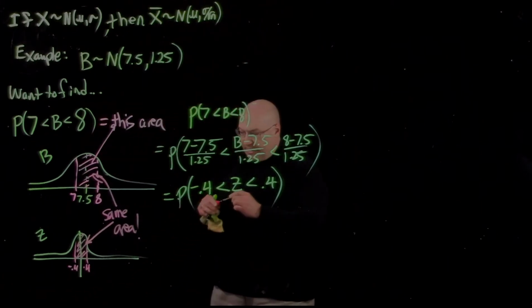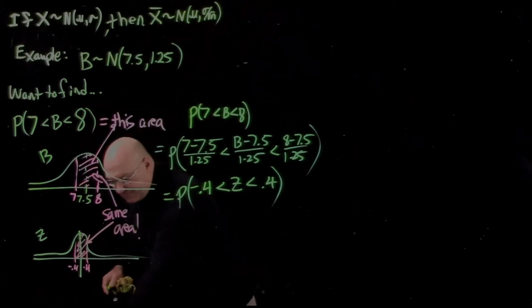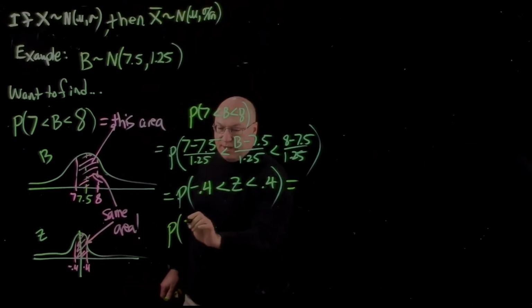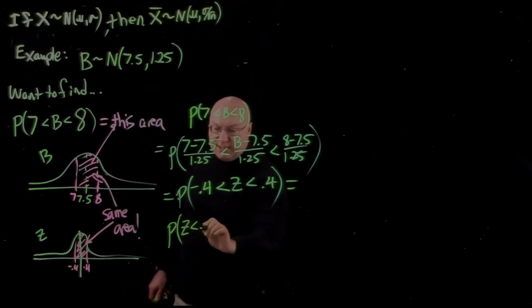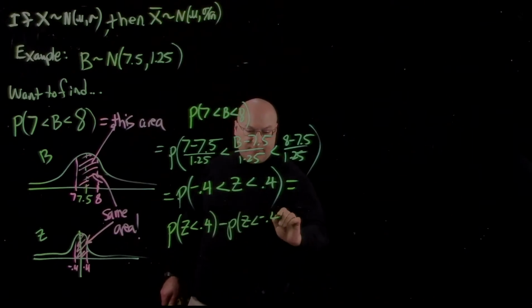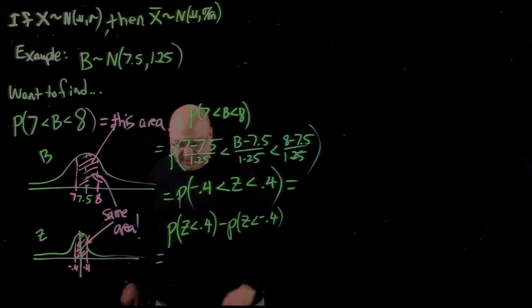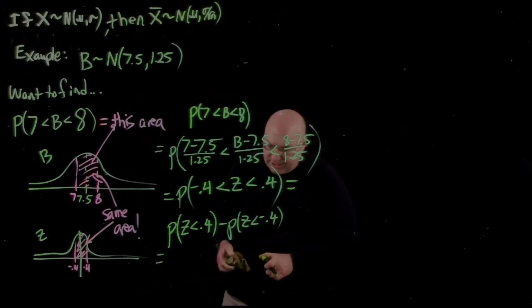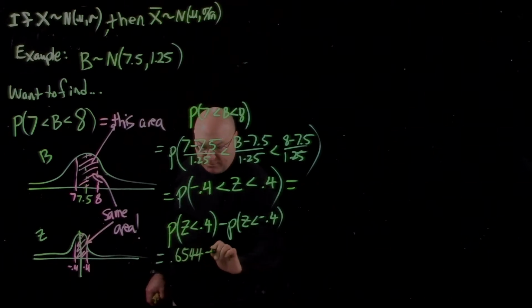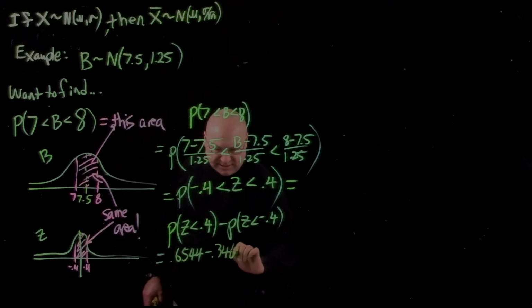That's the same area. That's what we want. And that is the probability of z: z less than 0.4 minus the probability that z is less than negative 0.4. And we look all that stuff up, and you should be able to get that easily from your table: 0.6544 minus 0.3466 equals